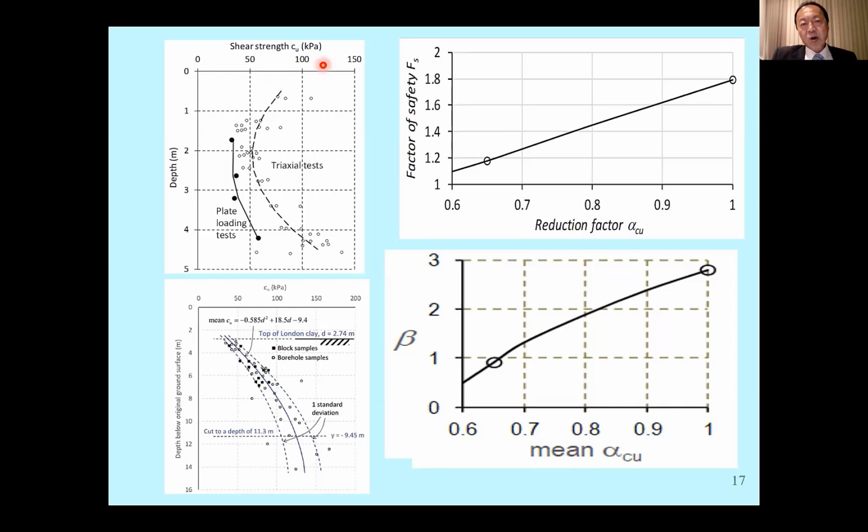Is this the top blocking the label? Anyway, the